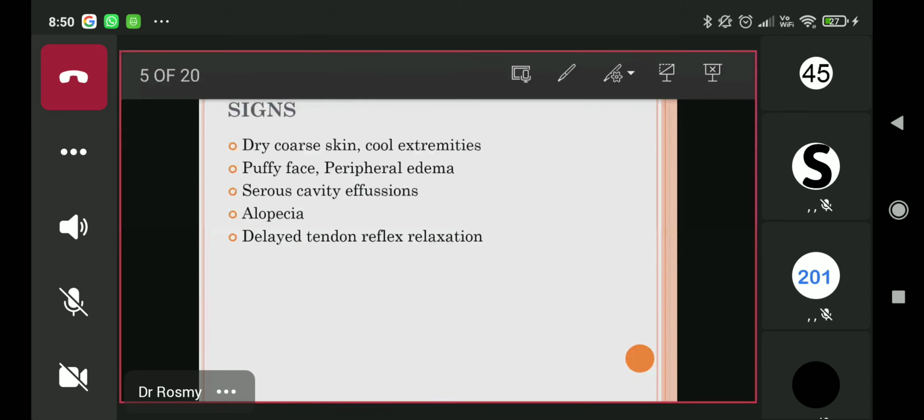Look at the face, it will be swollen. It looks puffed up, okay? So facial puffiness. Or if you look at the lower limbs, you will find that there is edema. Edema is nothing but lower limb swelling because of fluid collection. I have mentioned serous cavity effusions. These cavities can be any. It can be in the pericardial sac, it can be in the pleural sac. Even in the middle ear, fluid can collect. So all serous effusions can be there.